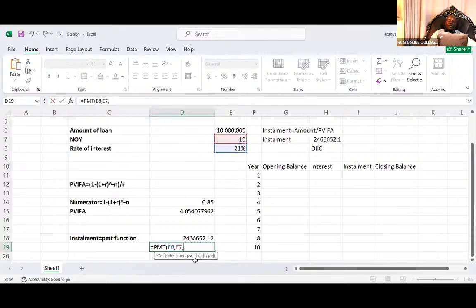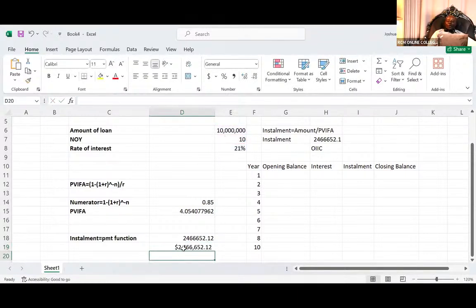When you get used to it, instead of the PV, you can negate it to make it positive. I can come and say negative this 10 million. I make this a negative number to kill that negativity. But of course, these are things you get used to as you progress. And then you close brackets, you say enter, and you'll be able to get this. If you don't want this dollar, you can simply choose a normal number like that. But later on, I'll show you how to format. If this number is confusing you and you would want it in terms of 1,000 separators, you can come and put this